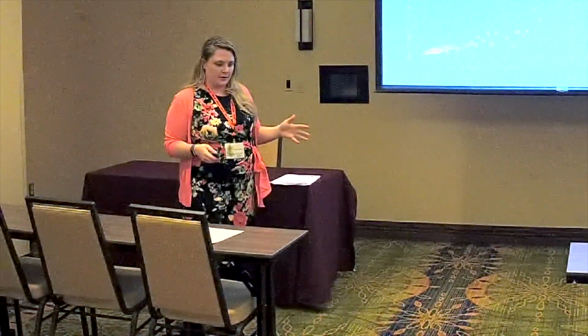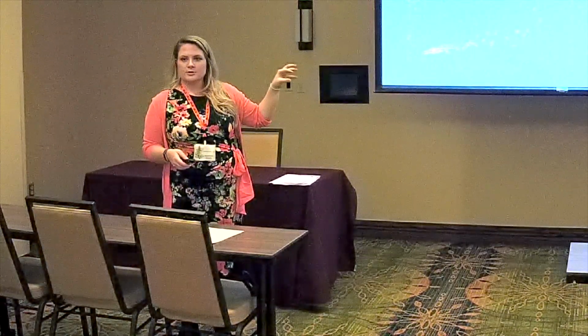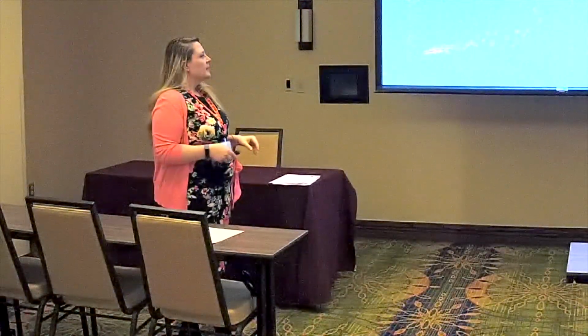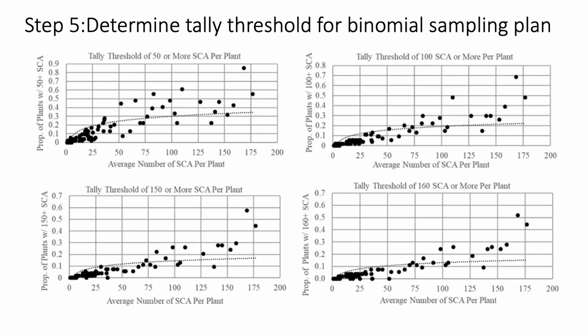To further that point, of why we furthered development with the tally thresholds being 150, is because when you put together the data sets and you make a nice simple little scatter plot of the average number of sugarcane aphids per plant, this is a potential economic threshold area, and how many need to be infested with 160 or more in order to hit these thresholds. Say 100, you're just over 10% need to be infested with 160 before you're at